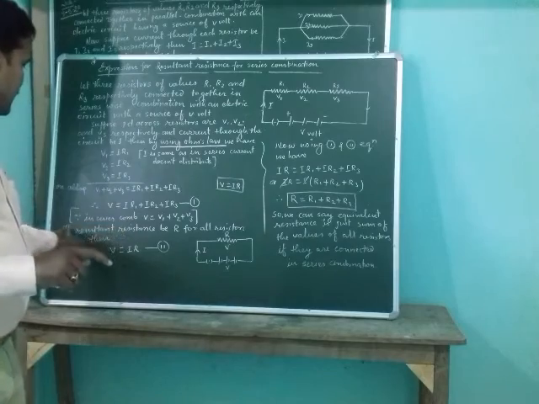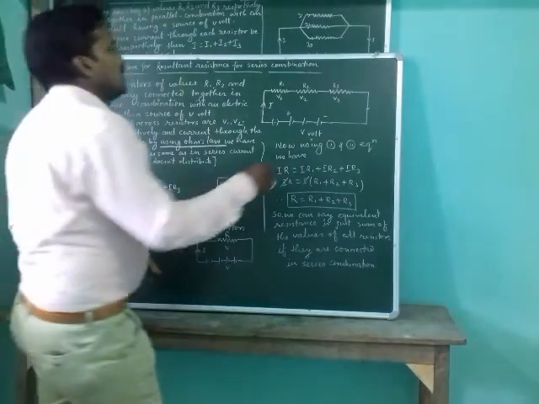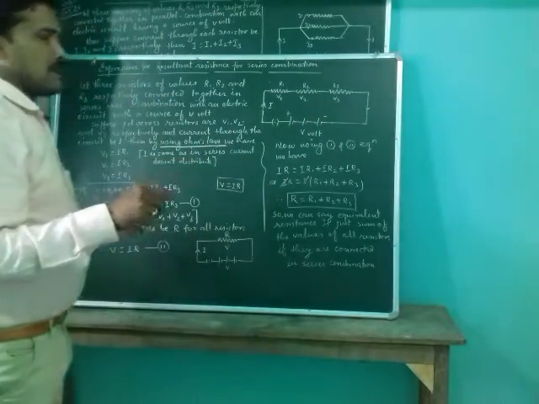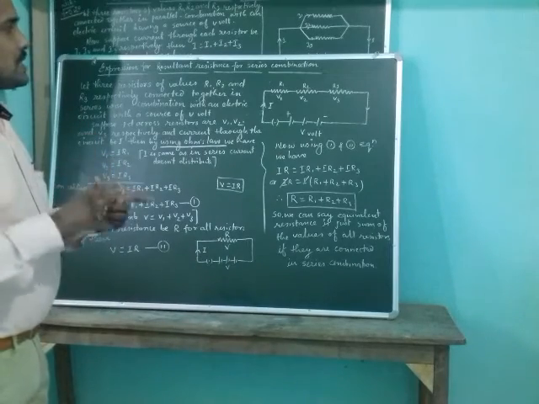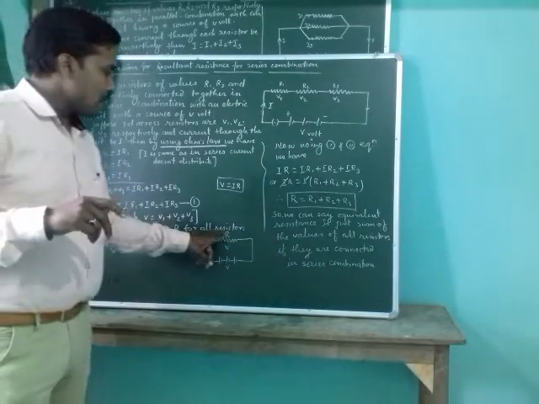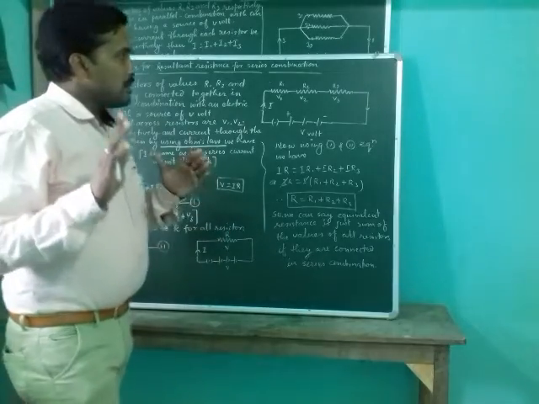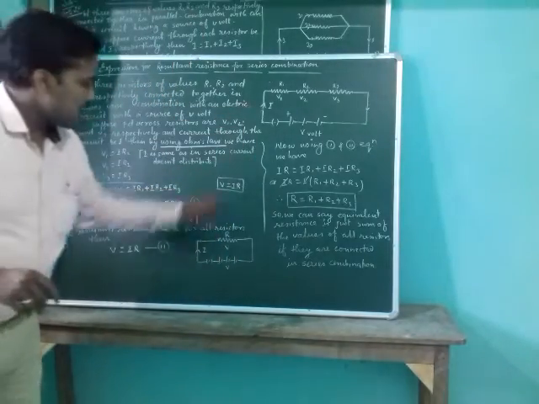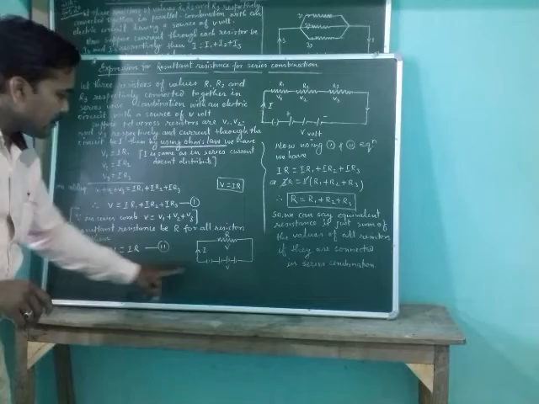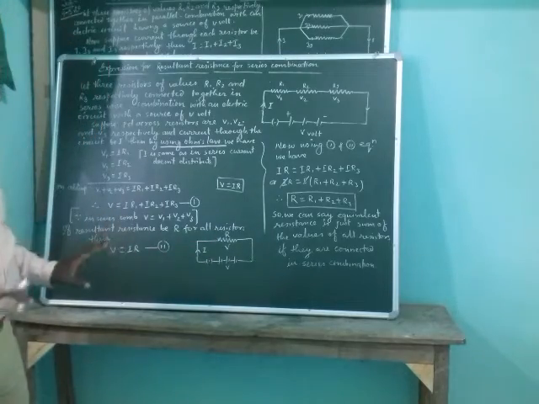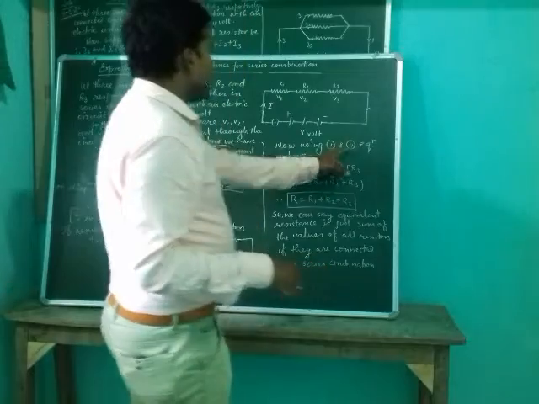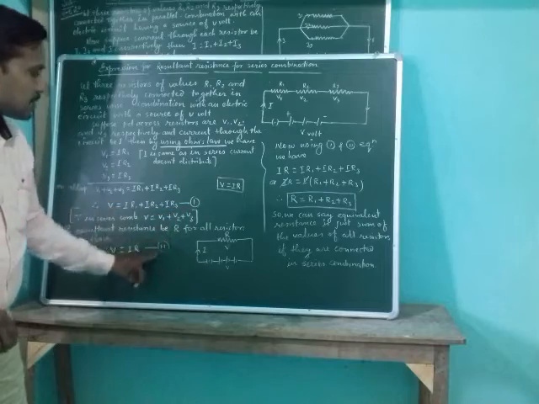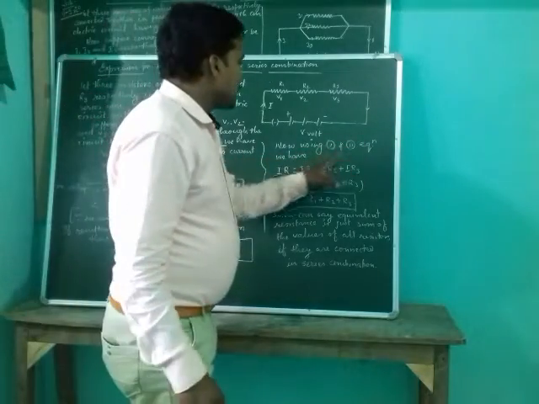This is the first equation. Now if the resultant resistance is in place of these three resistors, we assume that there is a gross resistance with value R which can take the place of all three resistors. R, current is I, voltage is V. Then in a simple way, V is equal to IR. This will be the second equation. Now using the first and second equations,